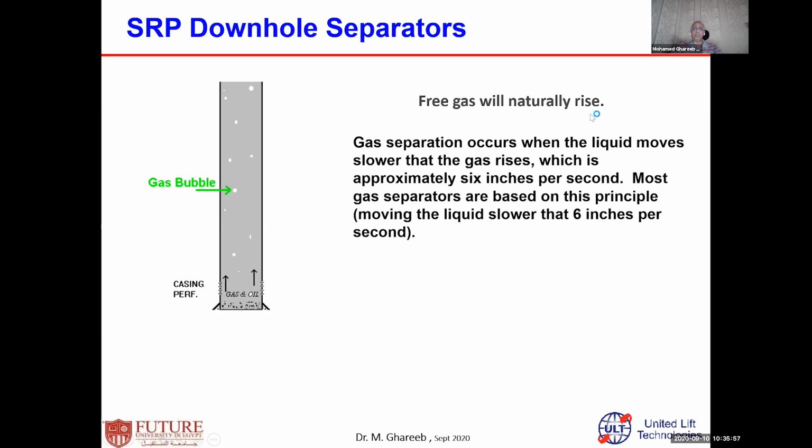Free gas will naturally rise up, but in order to do that, you need to move the fluid. Gas separation occurs when the liquid moves much slower than the gas rises. The gas usually rises at 6 inches per second. In normal cases, not in all cases, but in the standard case, the gas moves at approximately 6 inches per second. And in order to do that, you need to move the fluid with a speed less than this